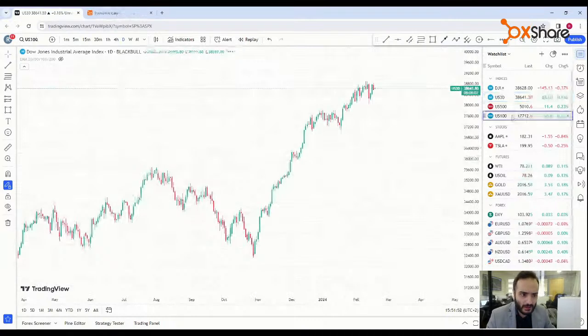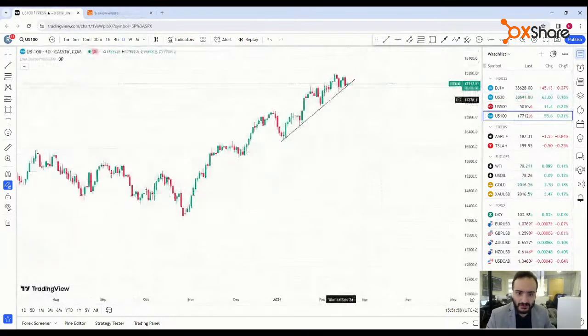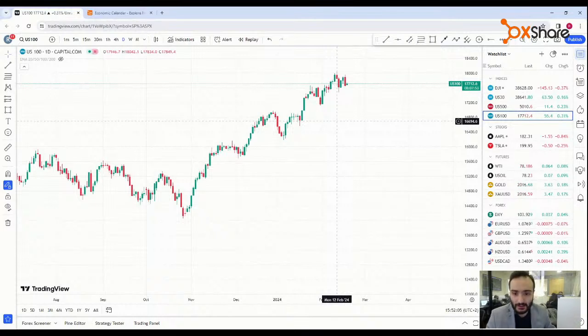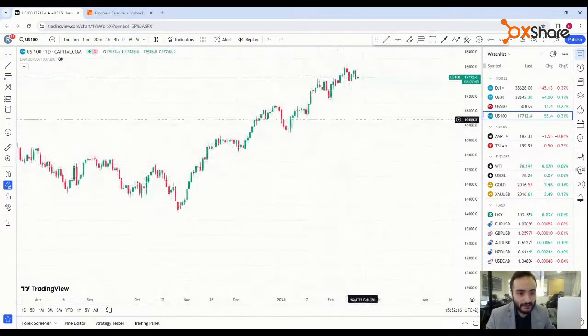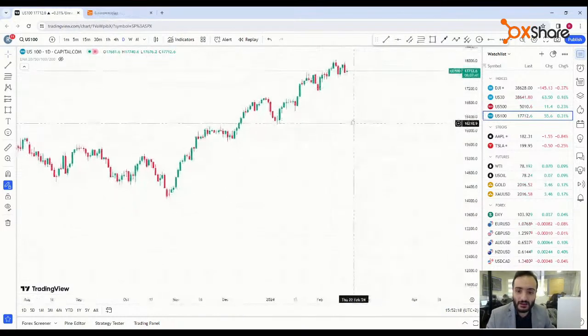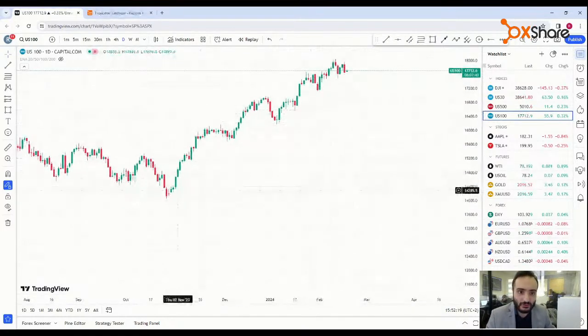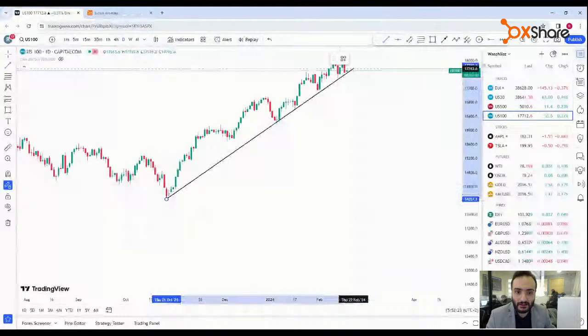Let's go and see a bit the US 100. So same scenario for the US 100. Of course, the technological sector in the US or in general is much more cyclical, meaning that it is more affected by the fiscal and monetary policy that is applied by the central banks, and by this I mean the Fed. So this monstrous wave, we can see this trend line over here forming.